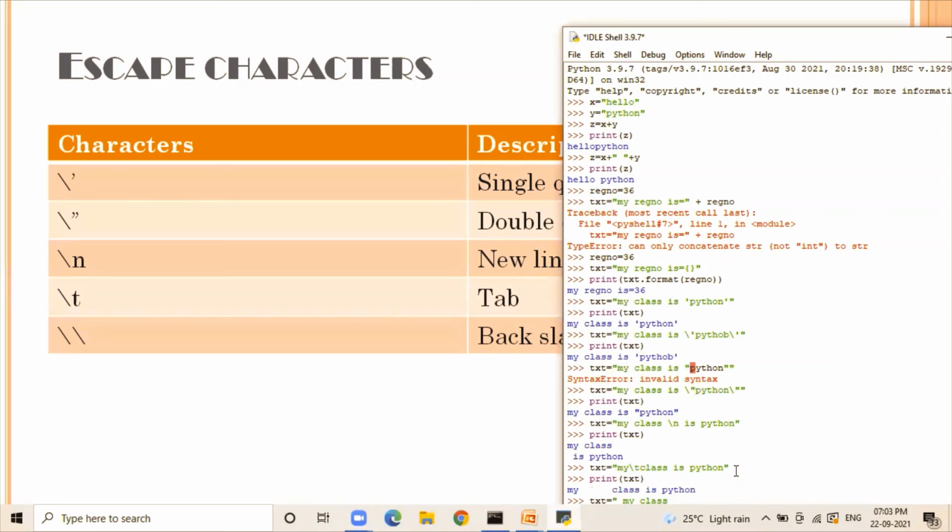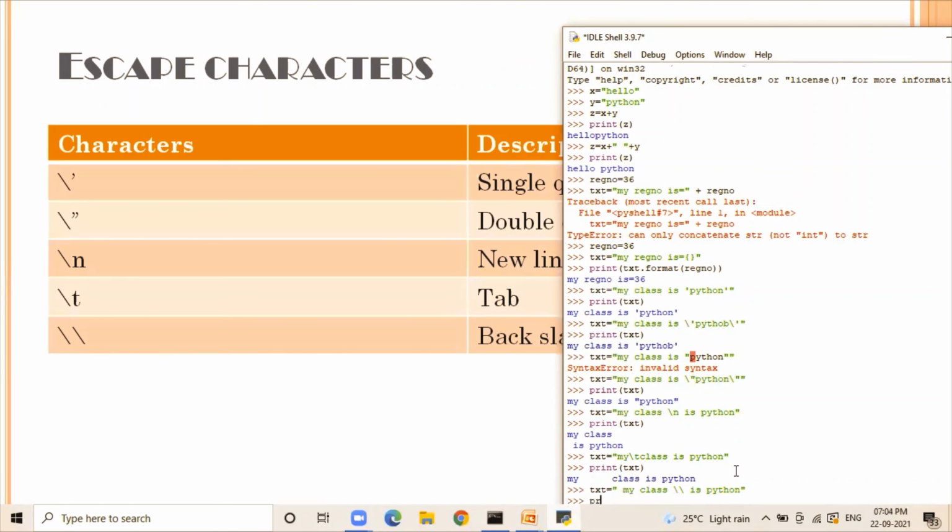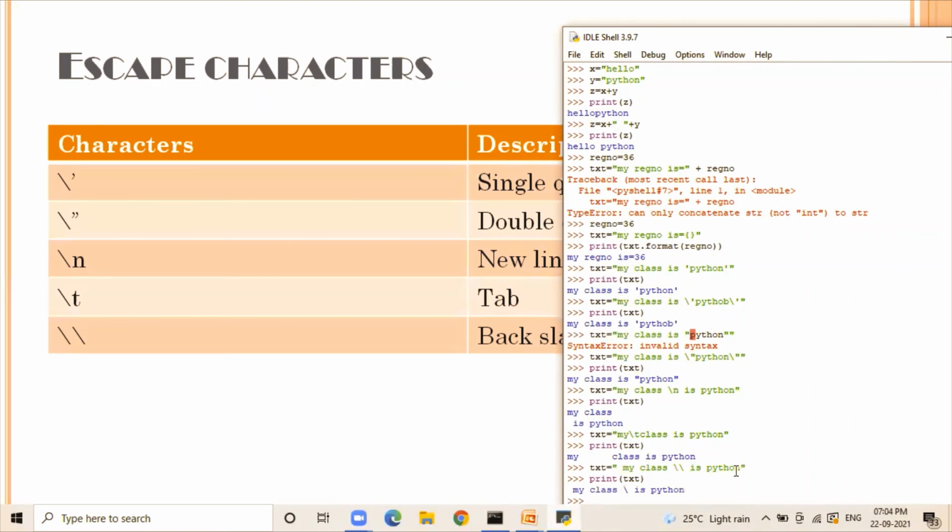So I'll use my class double backslash is Python, and now if I try to print the value of text, you can see the backslash is inserted into the output text.